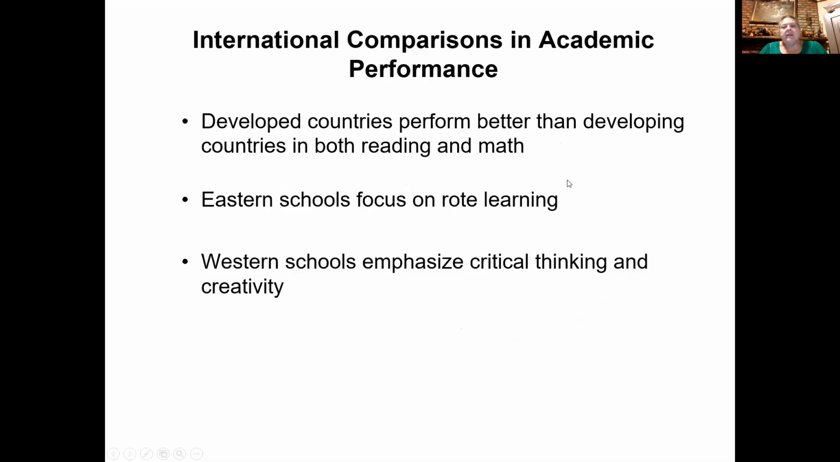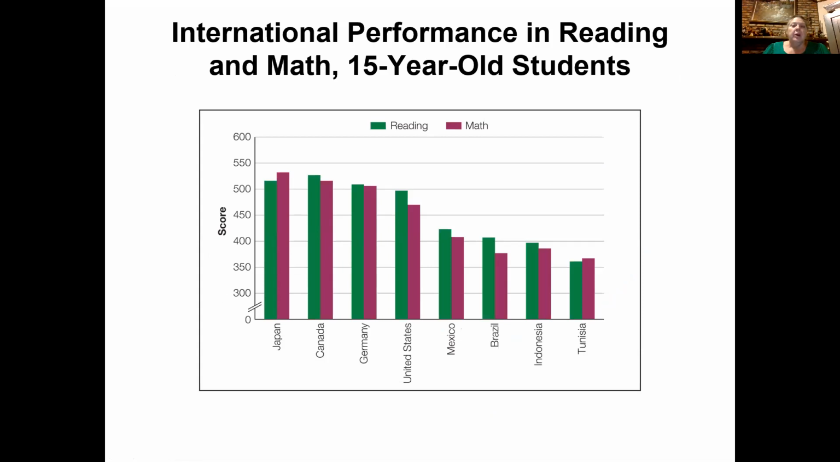Developed countries perform better than developing countries in both reading and math. Eastern schools focus more on rote learning, whereas Western schools emphasize critical thinking and creativity. So there are some differences in the approaches to education in secondary school. When we take a look at the reading and math scores across several countries of 15-year-olds, we can see that